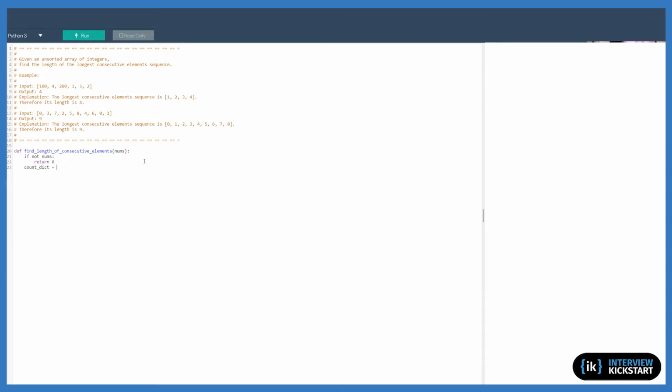So we can have a dictionary because it's a hash set. We can visit the key in O(n), and also we can store the length with this dictionary. So the key will be number. Value will be count. So then we iterate through the numbers, and also we can have the